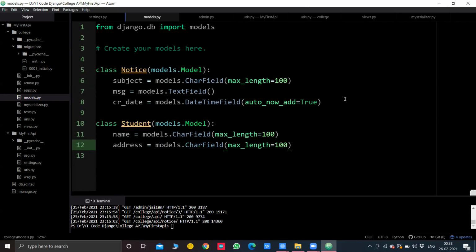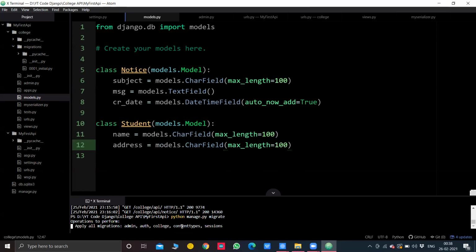So this will be a recap of what we did in the last lecture. When a new table is created, what you need to do is migrate that table into the ORM again. So there are two commands. First will be python manage.py migrate in our terminal or command prompt.